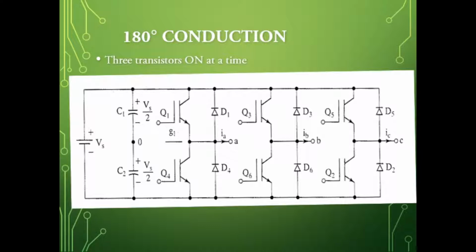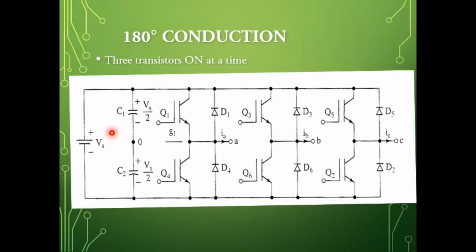So you can clearly observe 6 transistors, each named in the sequence of order of conduction, that is Q1, Q2, Q3, Q4, Q5 and Q6, and the terminals at which the output is taken are named A, B and C. It is important to note that the transistors in the same leg shouldn't conduct at the same time. So here each transistor will conduct for 180 degree. So 3 transistors will remain on at any instant of time.